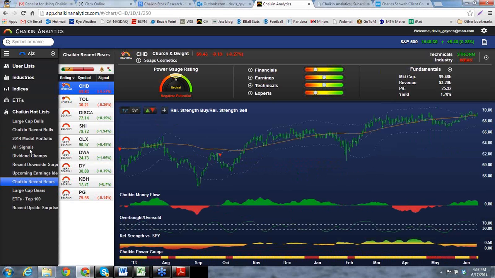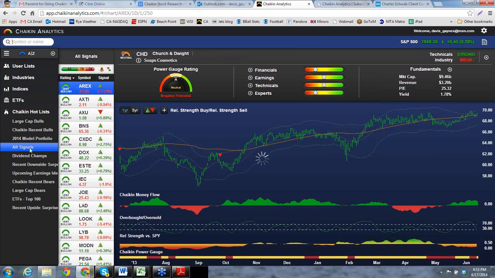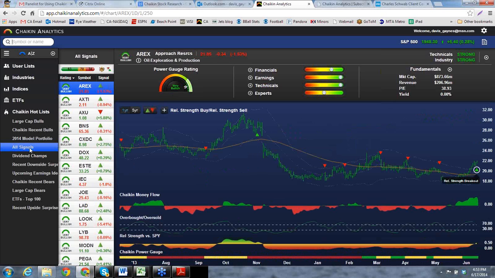And probably the best list to look at to generate ideas from is what we call the all signals list. Again, the technical signals are not, in our opinion, to be used as pure trading signals, but to be used in conjunction with the rest of our work. But what they do is they surface ideas. So for example, we're looking at